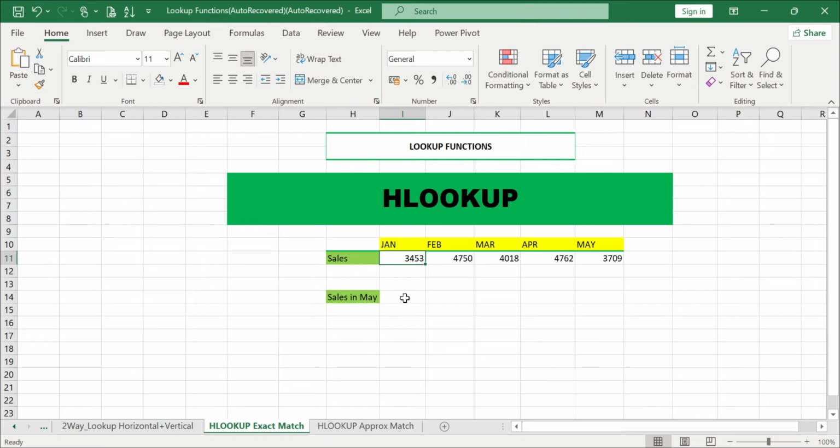So at this point, I want us to use the HLOOKUP function so that we can obtain the sales in May. You can check that the month May is here, and the sales in May is equivalent to that 709. So I want us to use the HLOOKUP function so that we can come up with that 709. So let's go. Is equivalent to